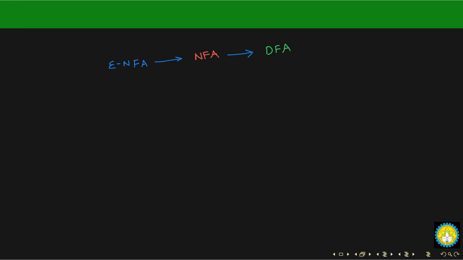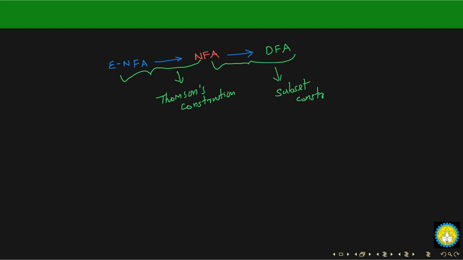And remember, this process of converting an epsilon-NFA to NFA is called Thomson's construction. This is called Thomson's construction. So these are the names of the methods which we are going to use. And the conversion from NFA to DFA is known as subset construction. Okay, so you have to remember this because you may be asked what is a subset construction or what is